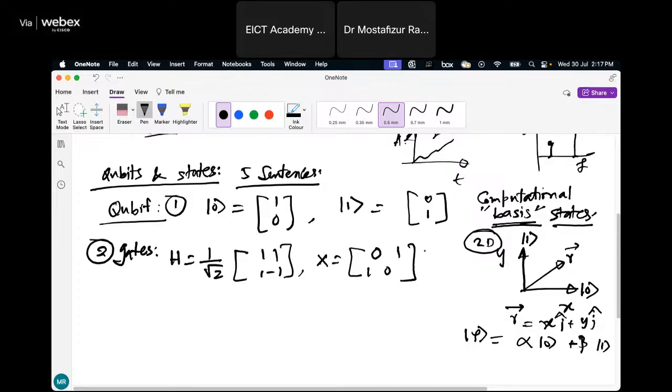That means if you multiply this X with 0, you will be getting gate 1, or vice versa. So these are simple matrix-vector multiplications. You just take this and put it in place of 0, and in place of X you place this. So basically it is a matrix times a vector. So this is the second part, and the third part is basically